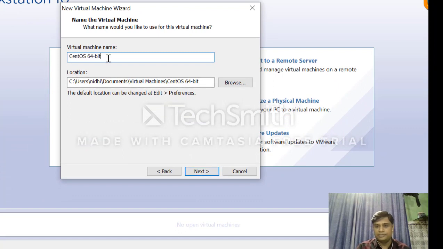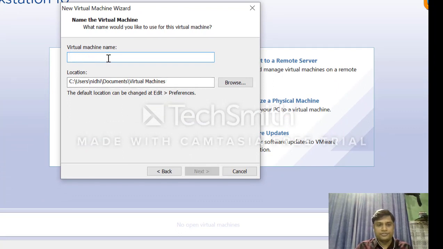You can name your virtual machine, so write CentOS 7 GUI. Here is the location. This is the default location in C/user. It will by default install all the packages to the C drive, but we don't want to install in C drive.